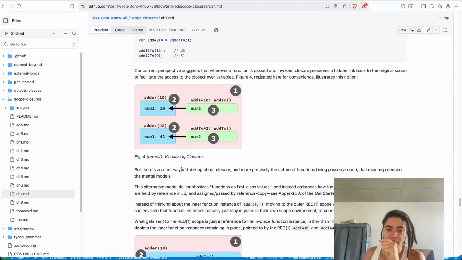But there is another way of thinking about closures, and more precisely the nature of functions being passed around, that may help deepen the mental models. This alternative model de-emphasizes